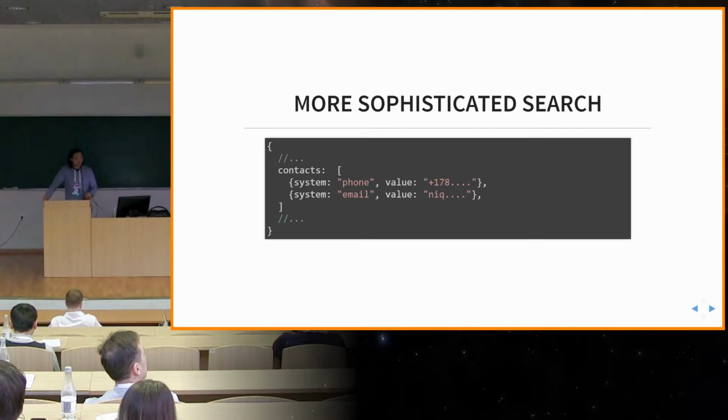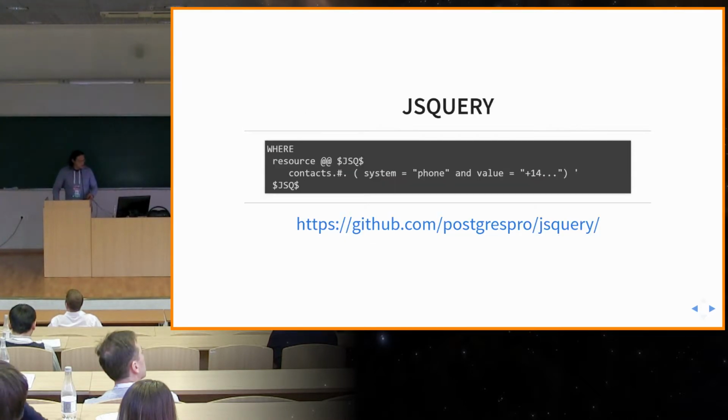Also, our document can have a more complex structure, and sometimes we might need to perform a sophisticated search, maybe by email or by phone number, and using standard operators it can be done, for example using a JSON array, but it will not be efficient, and this is why we need the JSQUERY